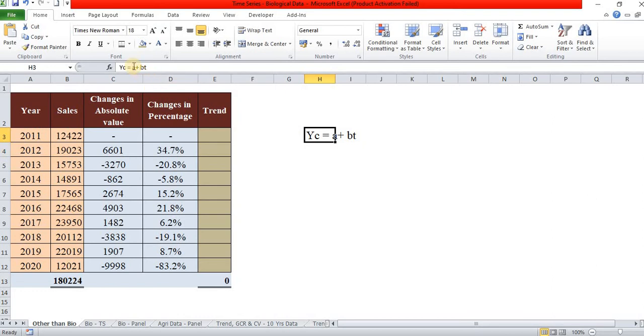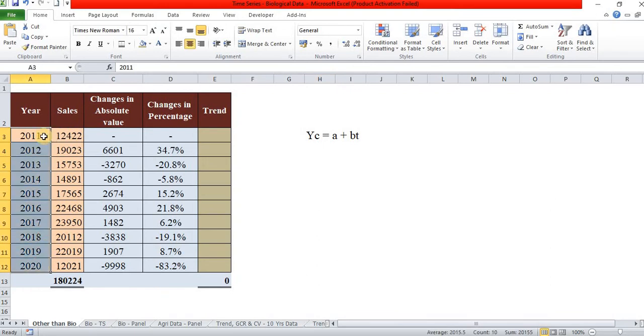This is the formula. Normally, for linear regression, y equal to A plus Bx. In time series data, instead of x, we use t as the independent variable. Here, what is t? That is the number of years.